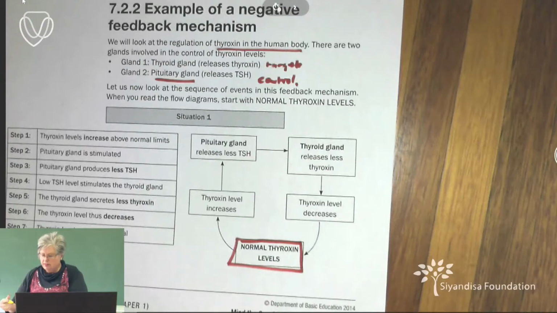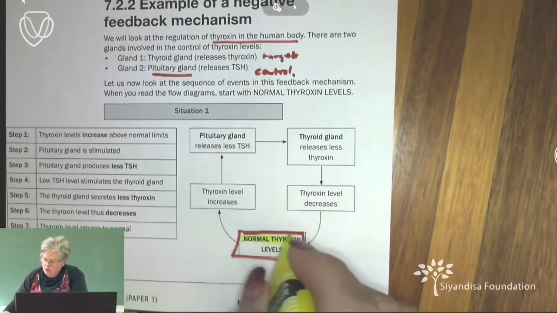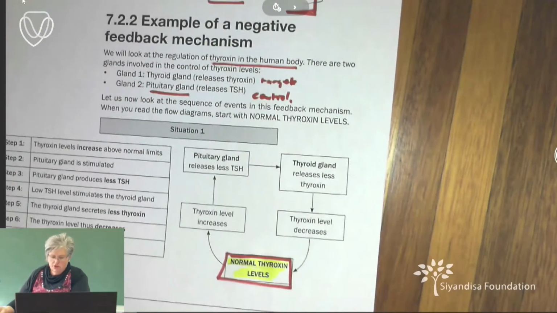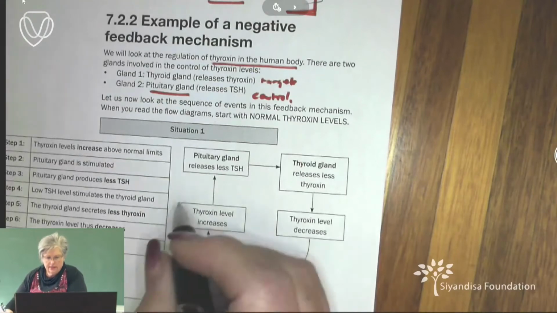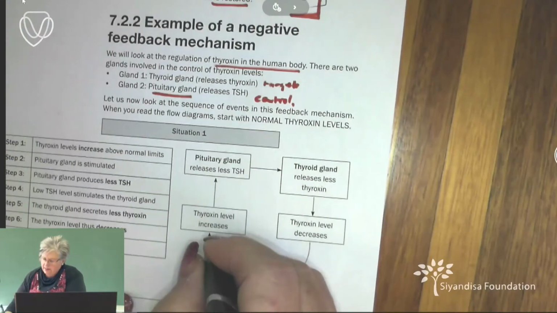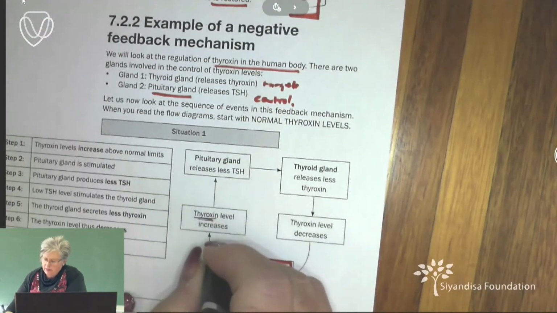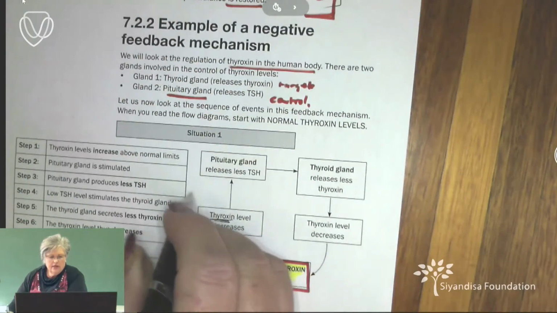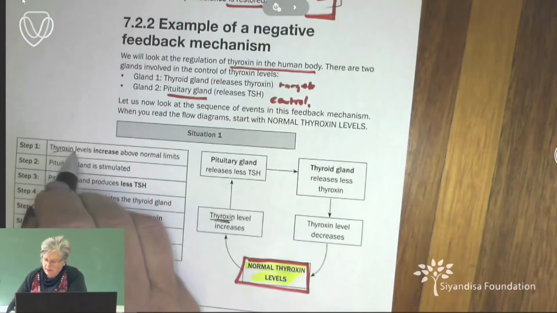Our body wants our thyroxine level always to be in homeostasis. But now, for some reason, the thyroxine level increases. So if the thyroxine increases,